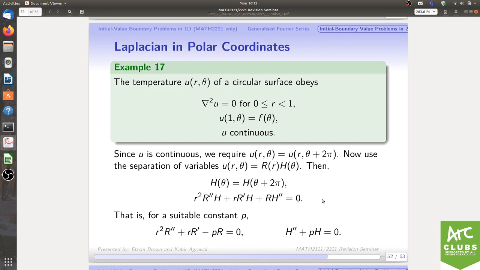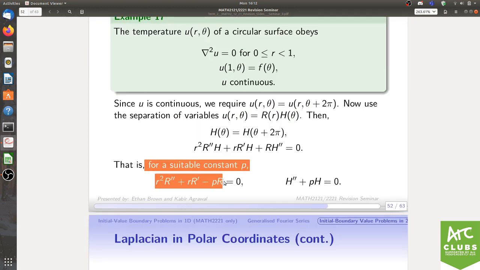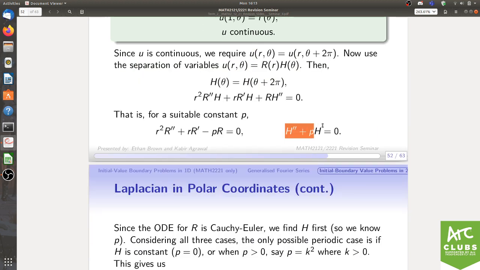Then what ends up happening is that we rearrange it by realizing that there's an h here and another h here, so we can factorize, and then upon dividing, we get r squared r double dash plus r dash divided by r equals negative h double dash over h. Yep. And then we can just include our separation constant equals p, and then we can rearrange to get h double dash plus ph equals 0. So now we have two differential equations that shouldn't be that hard to solve, given what we already know. So this one you should be able to recognize as Cauchy-Euler, and this one is just your standard